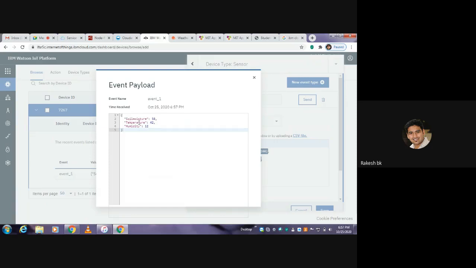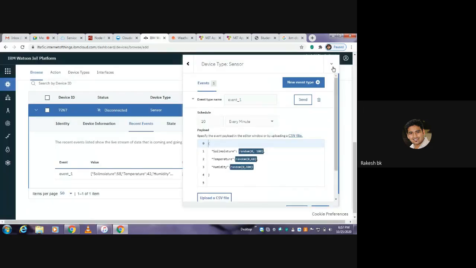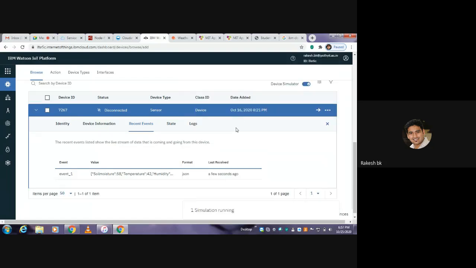I've introduced the soil moisture, temperature, humidity, and the respective data that is given. It's random data because it's an inbuilt device, henceforth it gives some random data. If you deploy real-time sensor devices on your field, it gives you real-time data there, right? So I hope you understood how to create an IBM Watson IoT platform account, how to create a device, how to enable this device simulator, and how to deploy your respective required sensors onto the online simulators and fetch that data here.